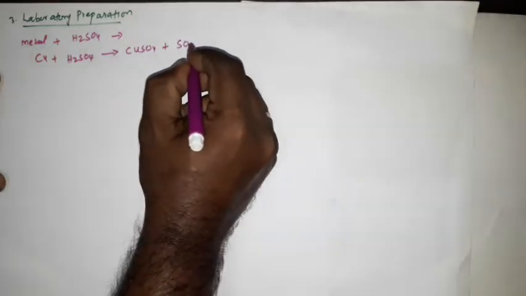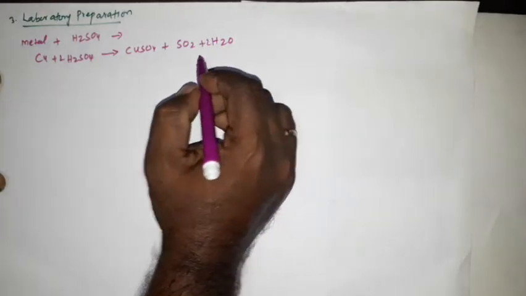Here sulfur dioxide is prepared in the laboratory by treating metal plus sulfuric acid, that is H2SO4, we are getting sulfur dioxide. For example, copper plus H2SO4, we will get copper sulfate CuSO4 plus SO2 plus H2O, then balance the equation, here put 2, then here 2. So now the equation is balanced.